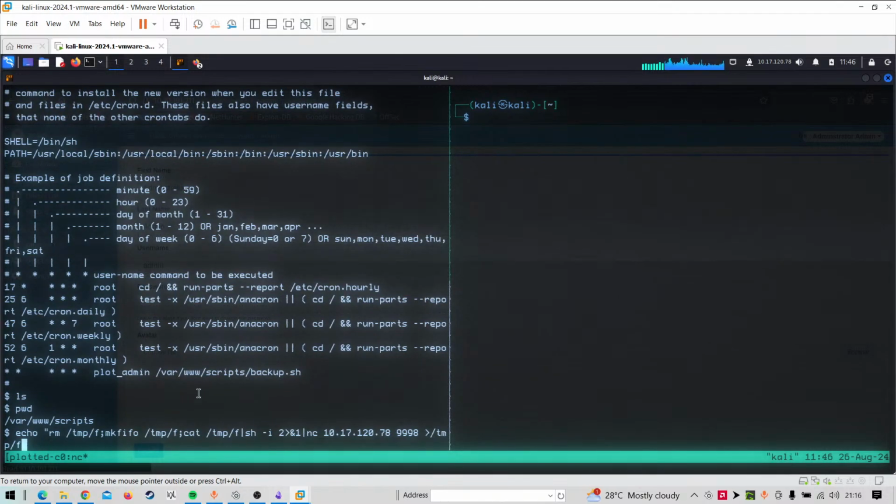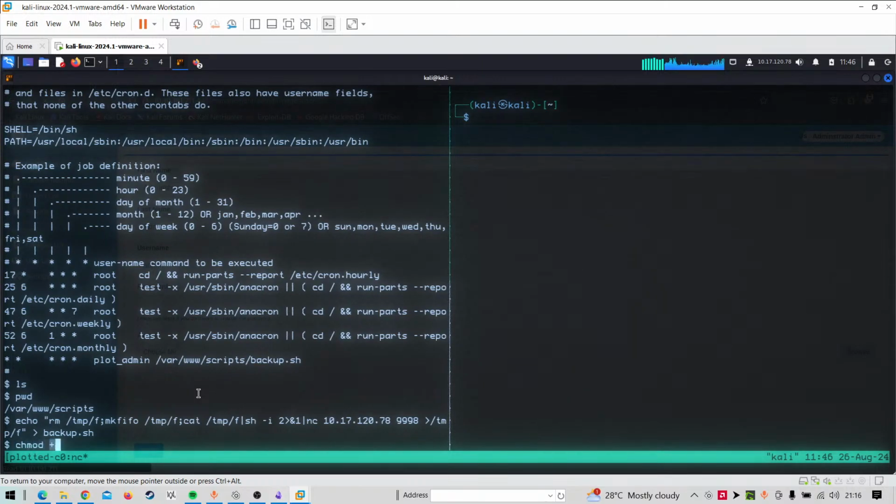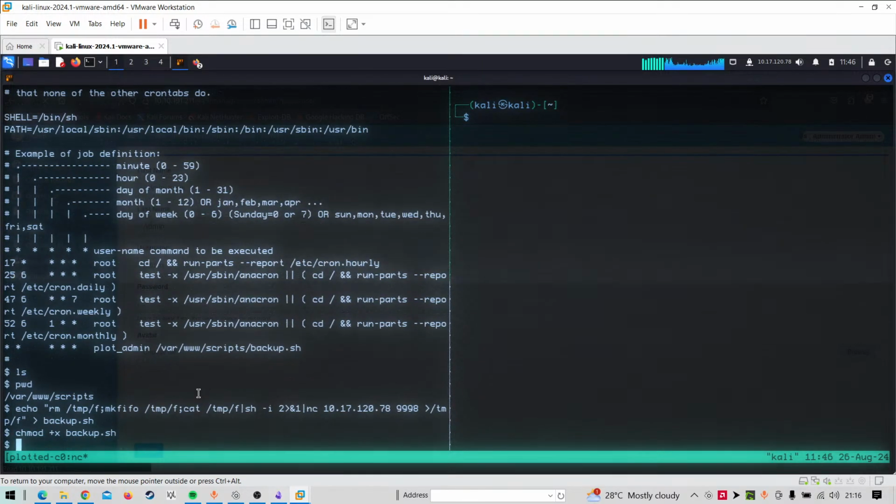Okay. So let's go to backup.sh, and we'll also give execution permission on backup.sh so that we can execute it. There we can do it on port 9988.